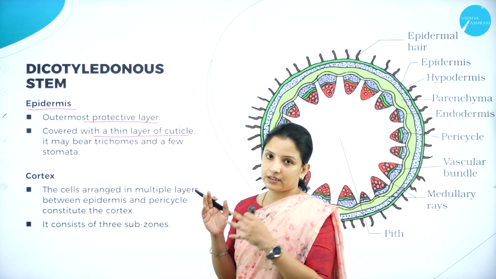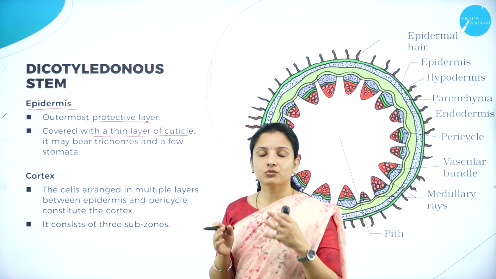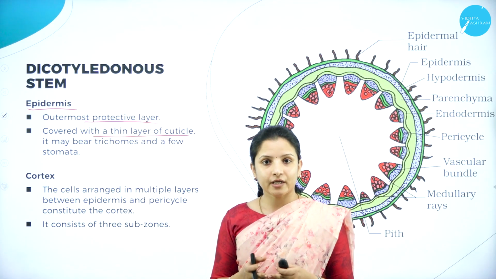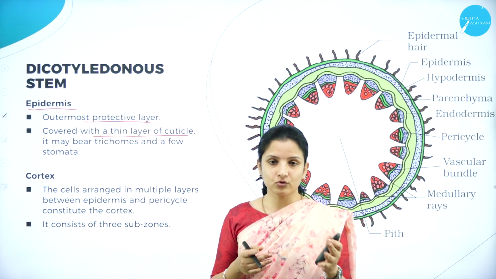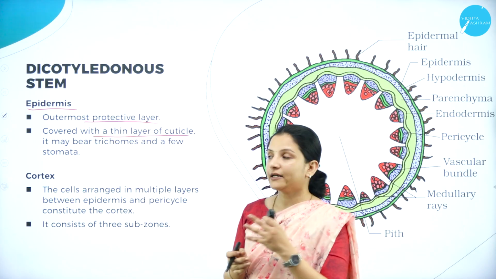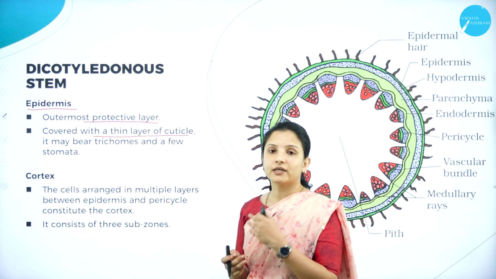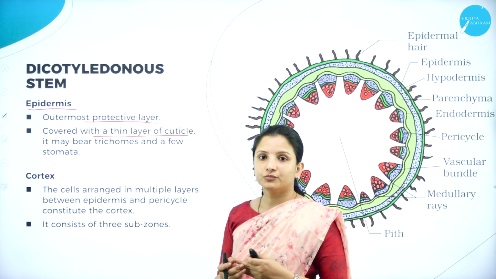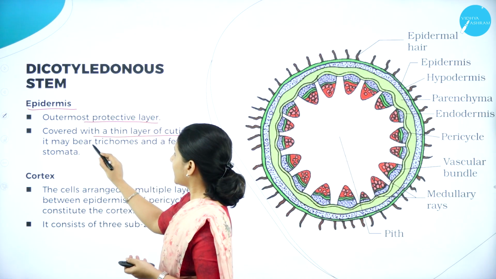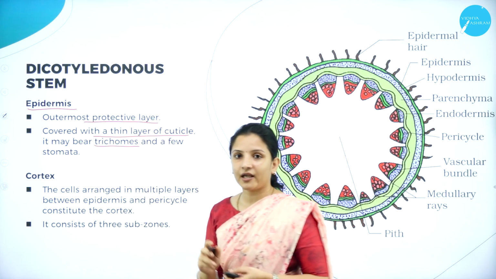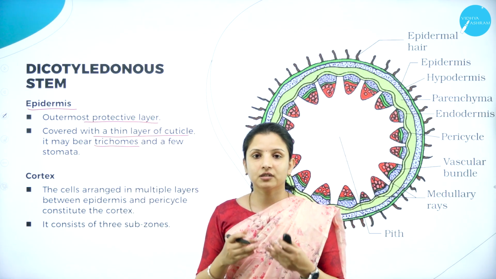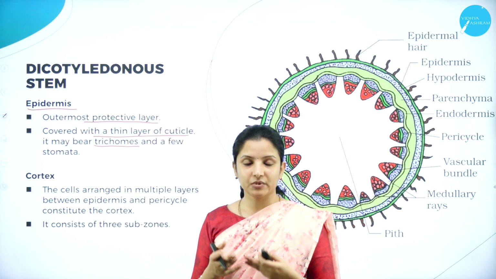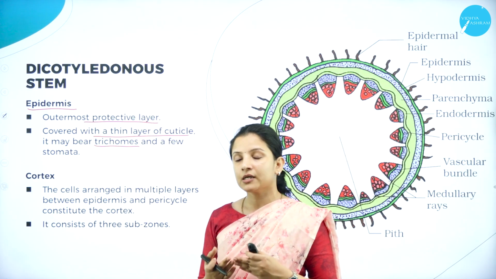In the case of leaves and stems, the hairs are called trichomes. In the case of the root, they were called root hairs, and in the case of the dicot stem and also the monocot stem, they are called trichomes. Trichomes are nothing but hair-like structures that cover the external layer, or that protrude out of the epidermal cells, or that protrude from the epidermis.